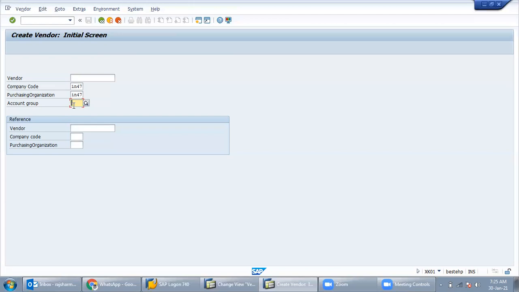The company code is the legal entity from where the manufacturing was done. Suppose our plant is in Orissa, so at the plant location we have created a company code. If we have plants in different locations, then we need to create a company code for each, right?